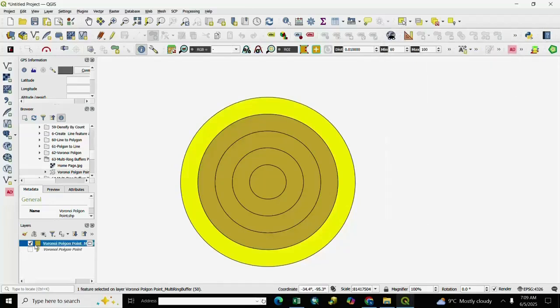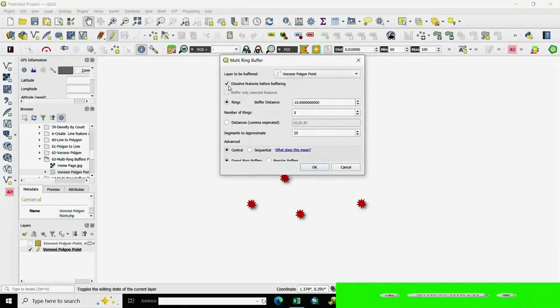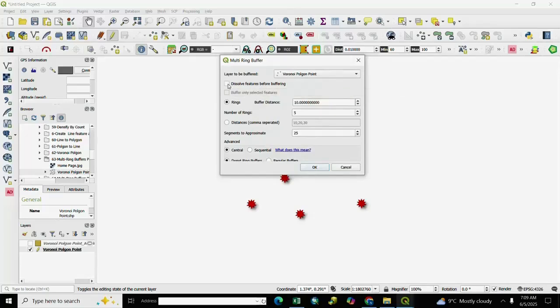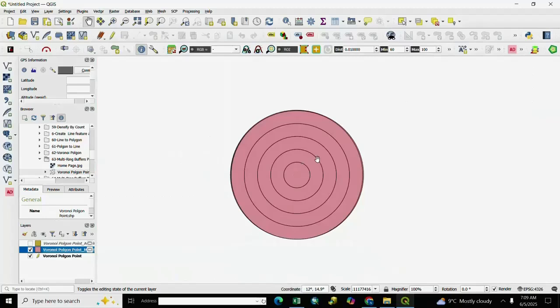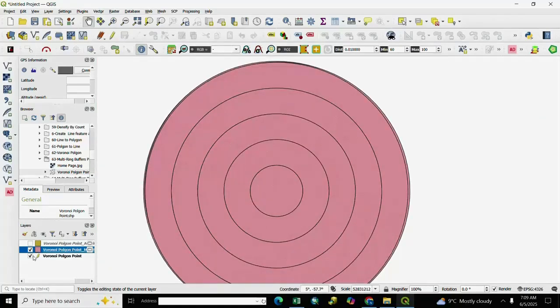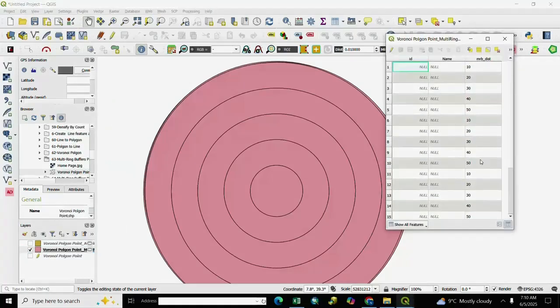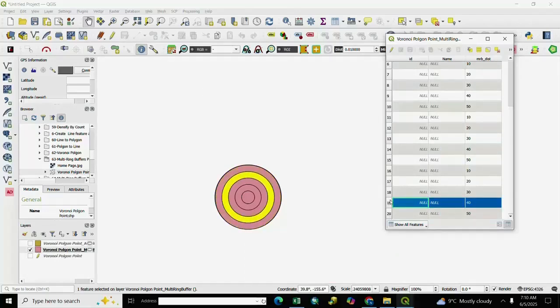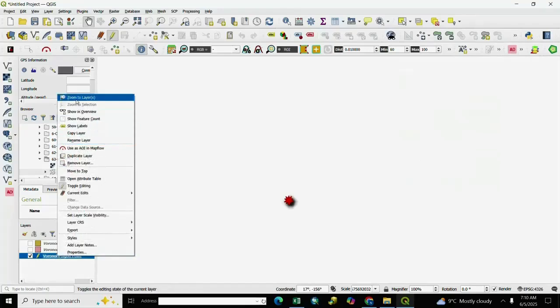In another way, we again go to multiple ring buffer and we uncheck dissolve feature, then OK. You see here, right click, open attribute table and you see here the multiple buffer. Dissolve means all features are merged.